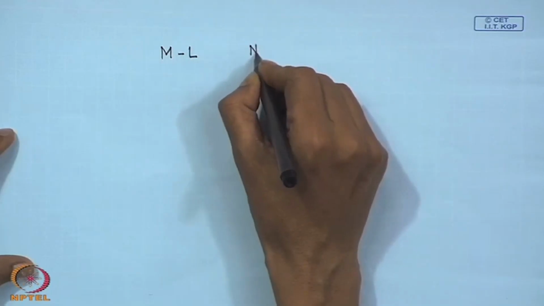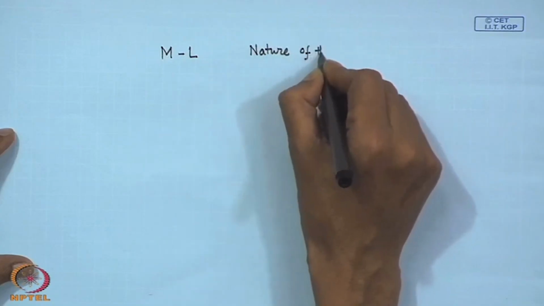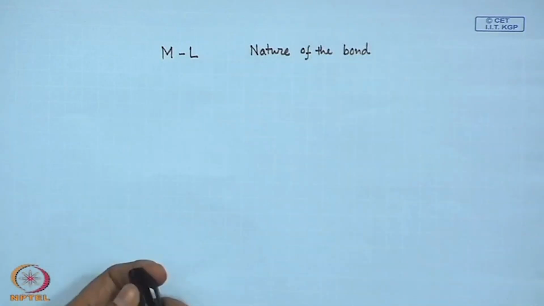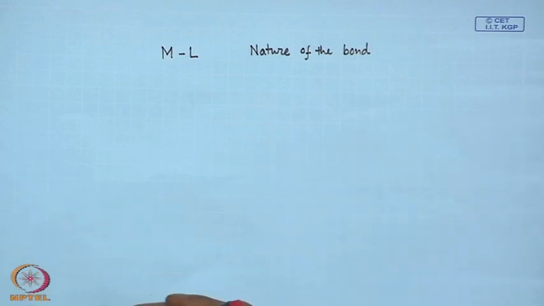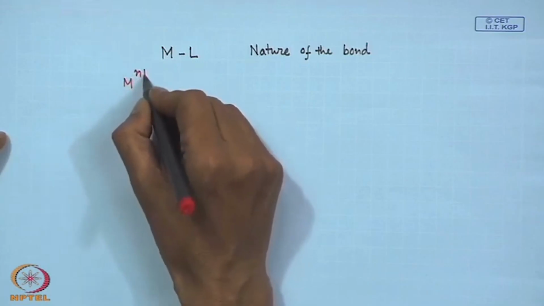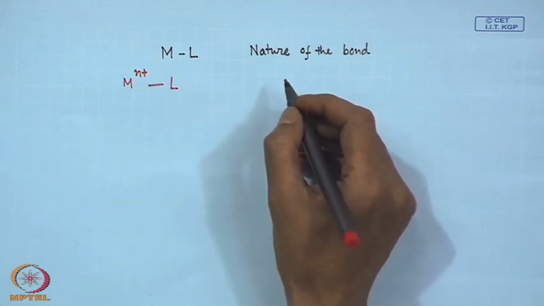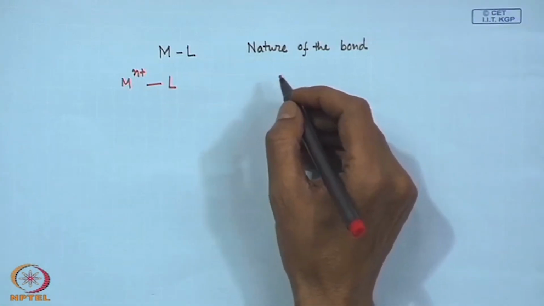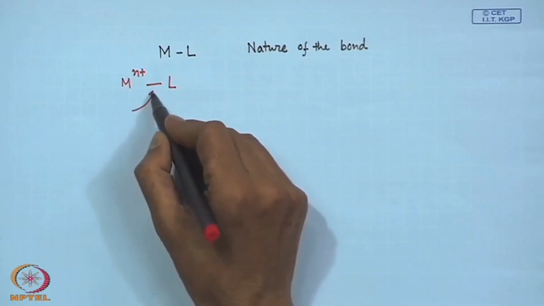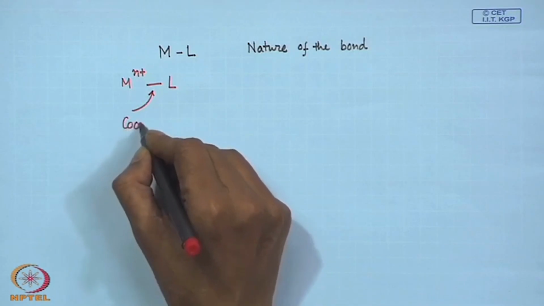That means the nature of the bond, which always plays some important role, because once we have the metal ion, it can form with the ligand, whether the ligand is a neutral one or anionic one, it can form the corresponding bond. And this particular nature, what we all know now, that it is basically a coordinate bond,